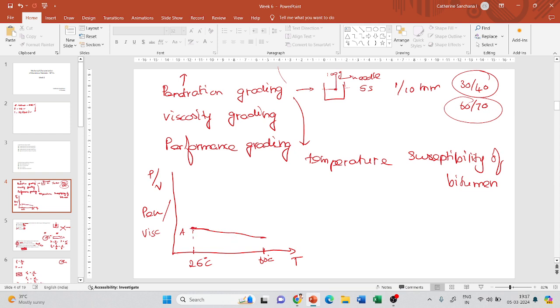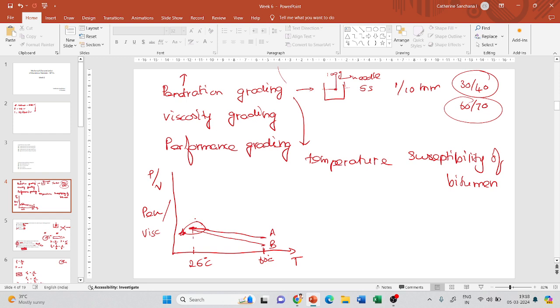Now let me take a bitumen B which has the same penetration at 25 degrees Celsius, but the viscosity at 60 degrees Celsius is somewhat here. So this is bitumen A and this is bitumen B. Now if I want to choose a bitumen based on just penetration grading at 25 degrees Celsius, I cannot be sure how it is going to behave at 60 degrees Celsius, where it is more prone to rutting, right? So I need some kind of a grading system which can track this